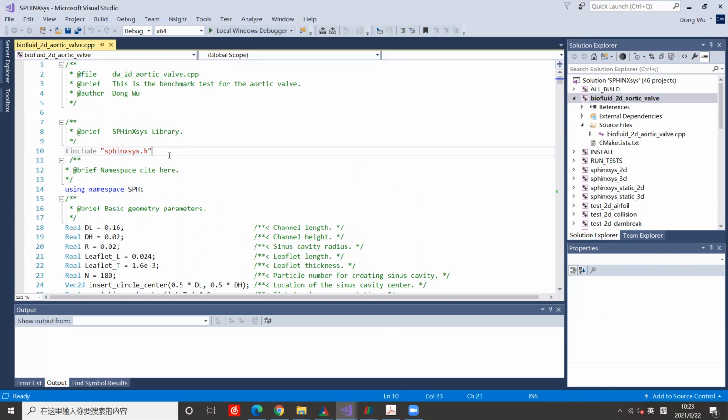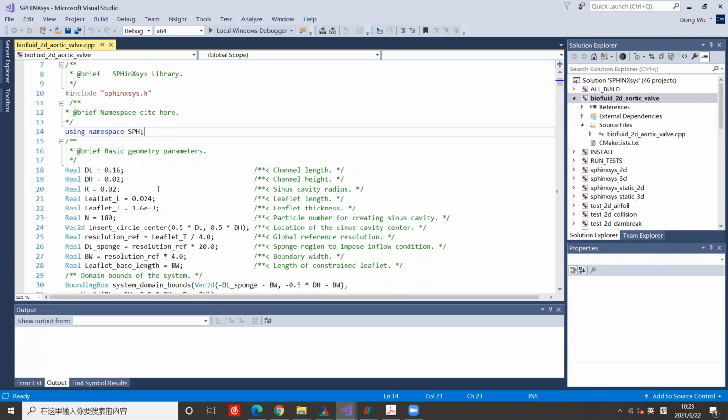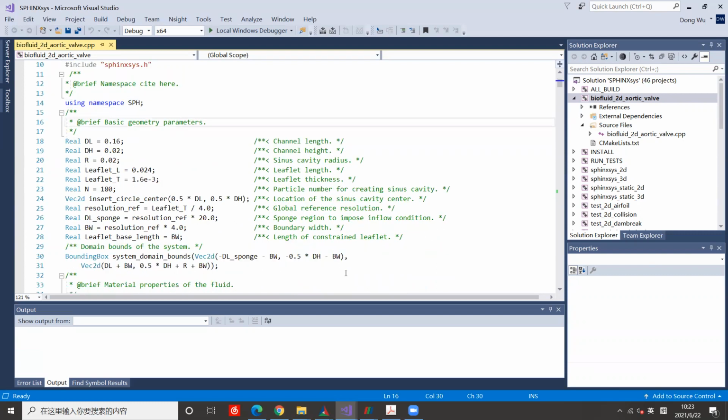Actually, as we said last time, this line gave us all the declarations. Then we also import the SPH namespace, which includes nearly all the symbols used by SPHinXsys. So next, we give the basic geometry parameters. These are the parameters, and we go to the